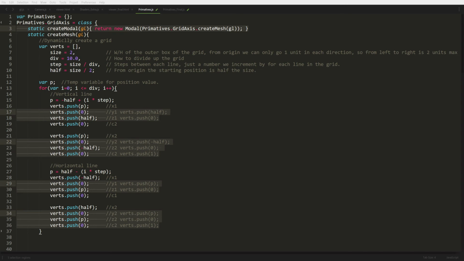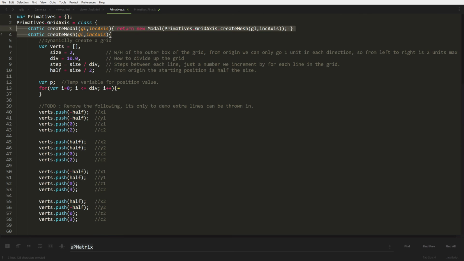Then as we move back to our browser and refresh, we'll see that our grid is now on the floor. And because of our camera and our projection, we actually can see it as an actual floor that you would normally see in a 3D modeling tool. But still, we've got those test lines in there from the previous lesson. So let's get rid of those two lines,